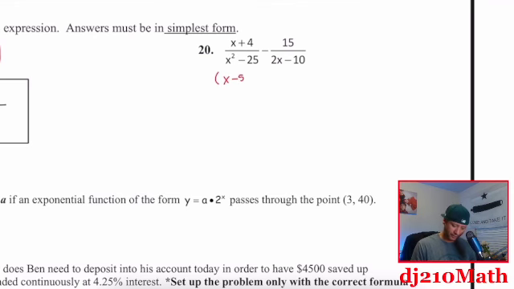X minus 5, x plus 5. So I'll just rewrite it so you can see it. X plus 4 over x minus 5, x plus 5, minus, on the right hand side, we have